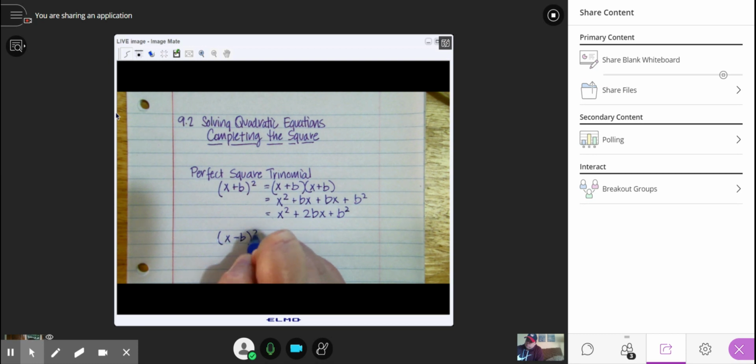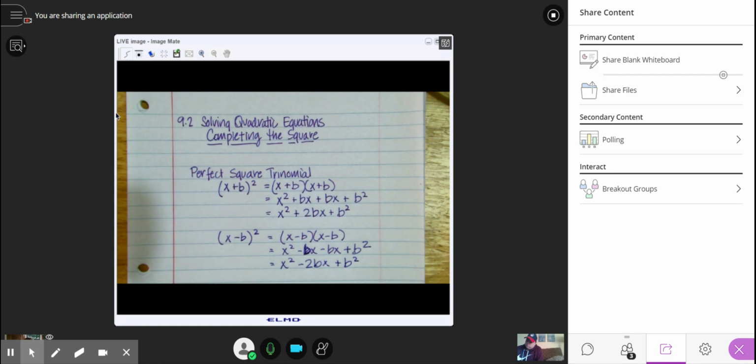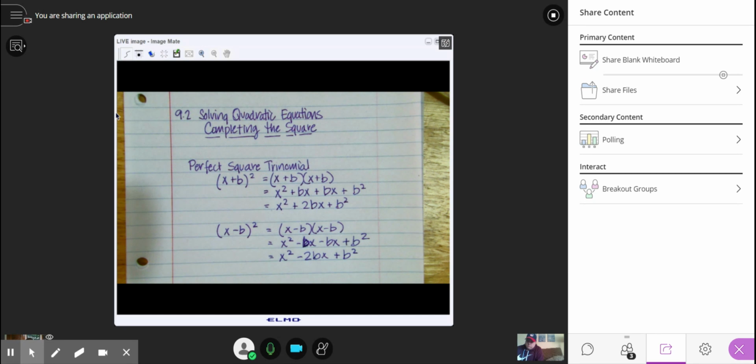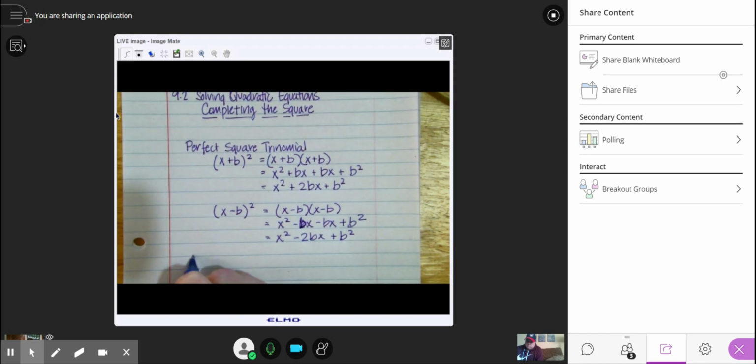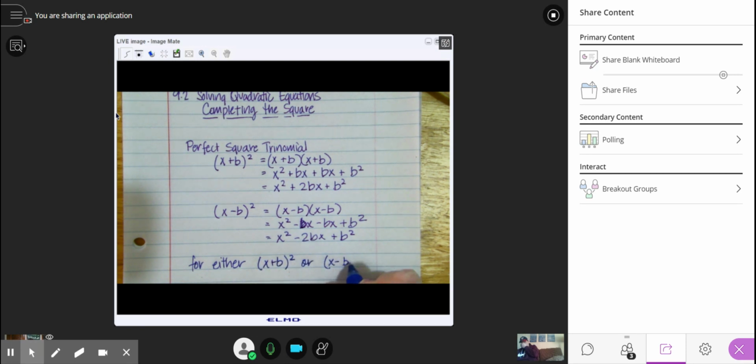Similarly, if you have an x minus b squared, that's going to be x squared minus 2bx plus b squared. For either x plus b squared or x minus b squared,